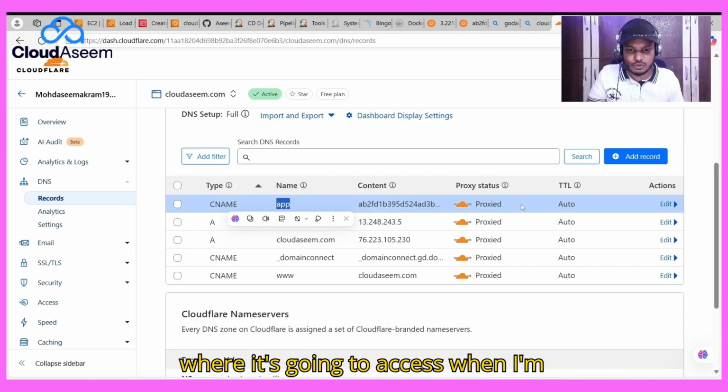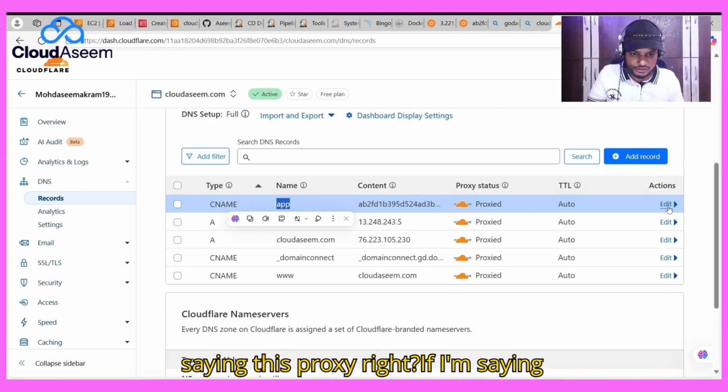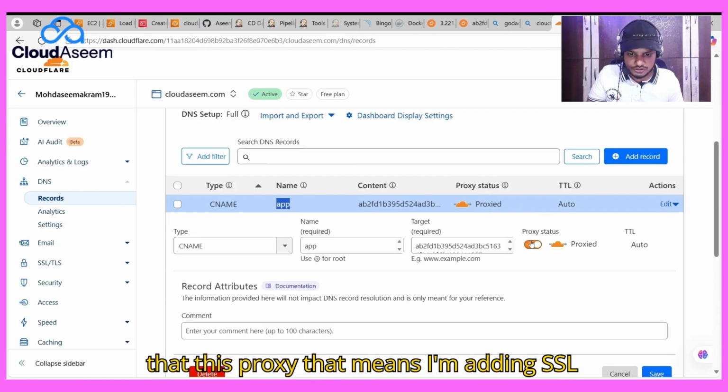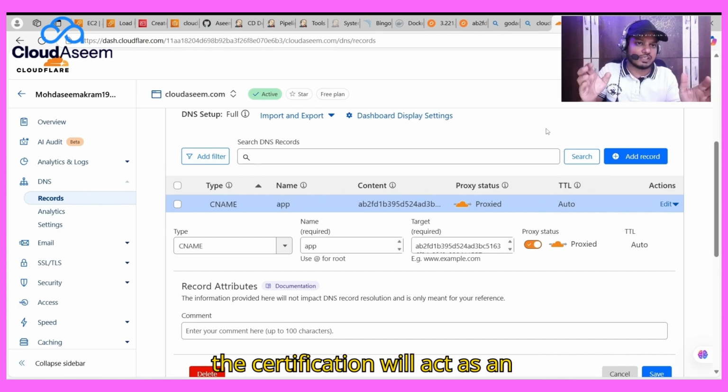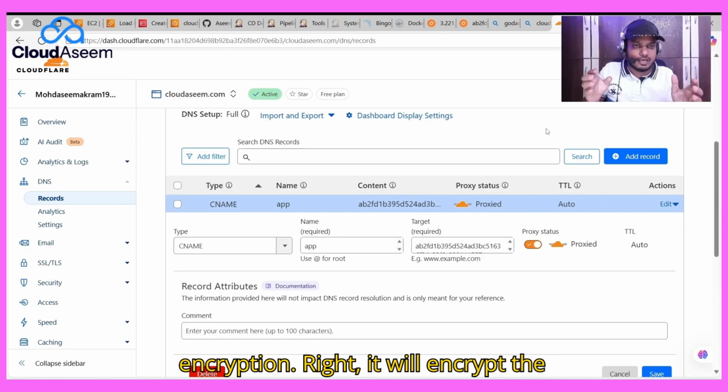When I'm saying it's proxied, that means I'm adding SSL certification in between. So this SSL certification will act as encryption, it will encrypt the data between the client